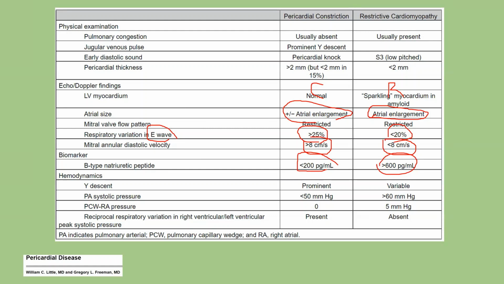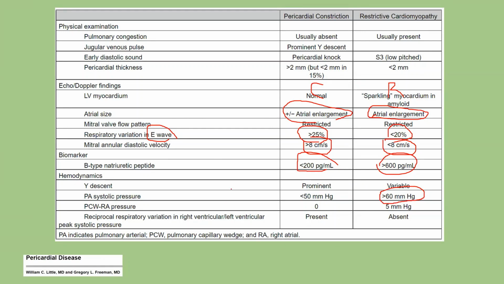In constriction, actually, it is prevented from stretching. It is prohibited from stretching out because of the pericardium, okay? Now, pulmonary artery systolic pressure tends to be higher in restriction,